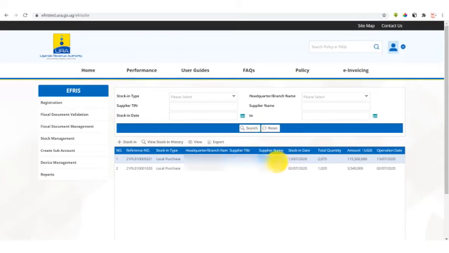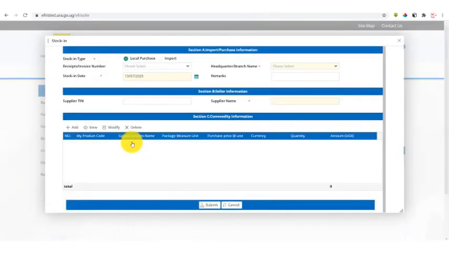So we have stocked in goods from supplier code supermarket A. So in the scenario we want to stock in from suppliers from another supermarket, we can just come here and select stock in and say this is a local purchase. We are still stocking in under headquarter. And then we come and input the details of our other supplier, which we can say this is supermarket